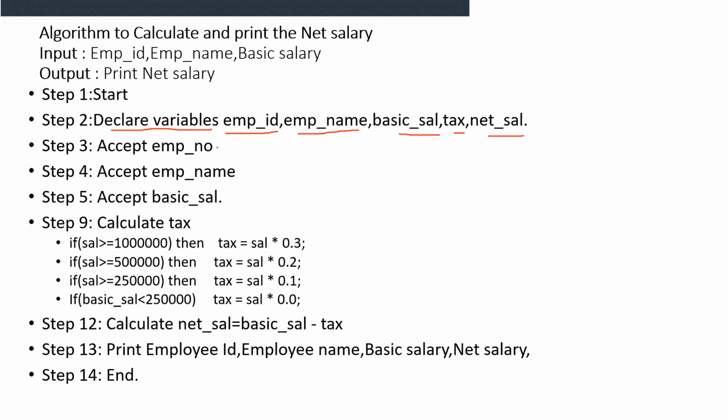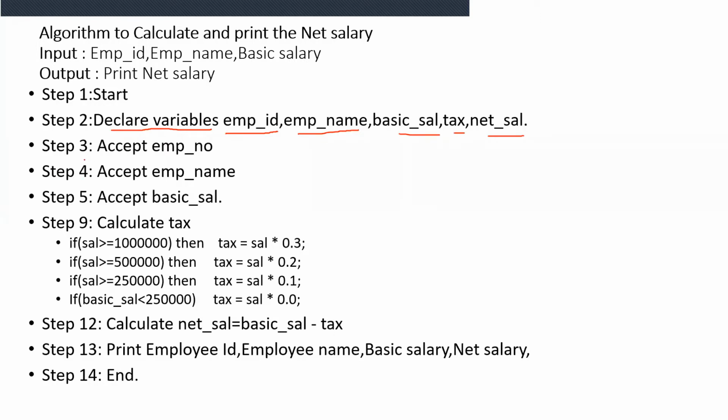First step is declaration of the variables. So if you are converting this into a flowchart also, you have to use the corresponding boxes or symbols for declaration of the variable. Declaring means you will be initializing also. You can do the initialization also. Okay. So that will be the first step of the program.